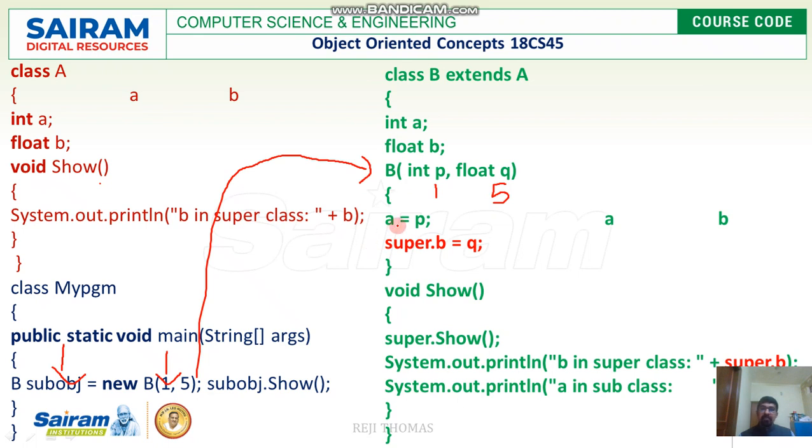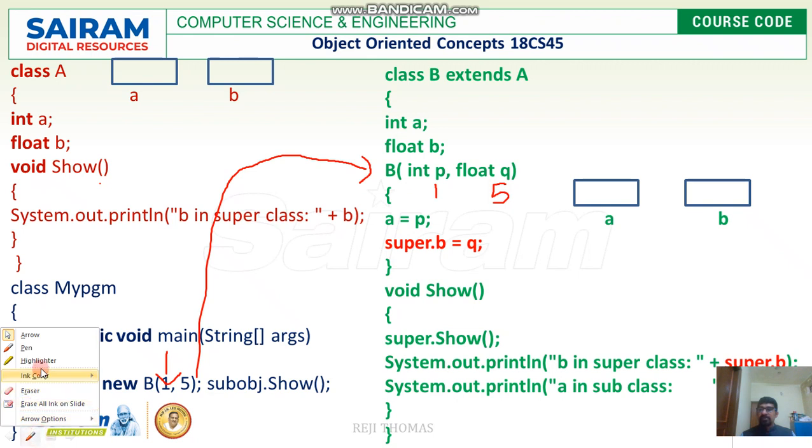Now I've written a is equal to p. When I say a, it is understood that I'm talking about the local variable called a. So a is equal to p. Before this, when I declare the variable, please remember that class A has got two variables a and b. At the same time, class B also has got two local variables a and b. And when I write a is equal to p, please remember what is there in p will be assigned to a, and I'm talking about this variable, and this is going to be 1, right? Now look at the next statement. Think that this super dot is not there.